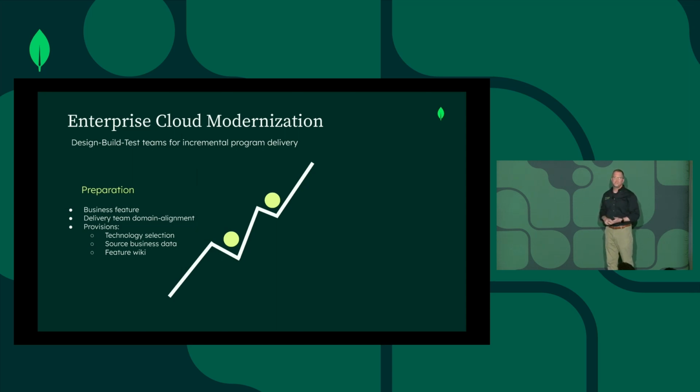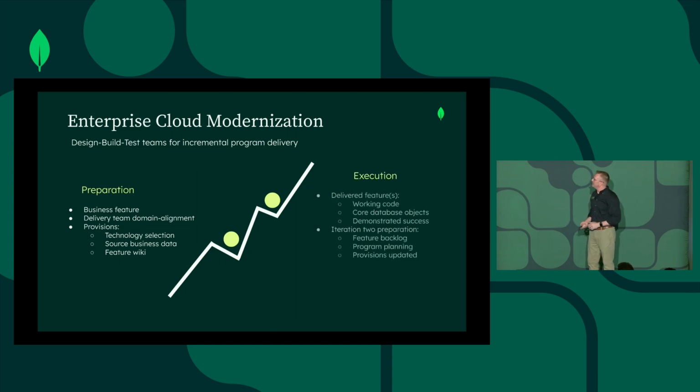Do I have the technology lined up? Do I know what database I want to use? Do I know what programming language I'm going to use? Do I have access to the source business data? Have I created my feature wikis and given my delivery teams instructions so they build in the direction that I want them to? And then when I execute, what that really looks like is I've delivered some working code,